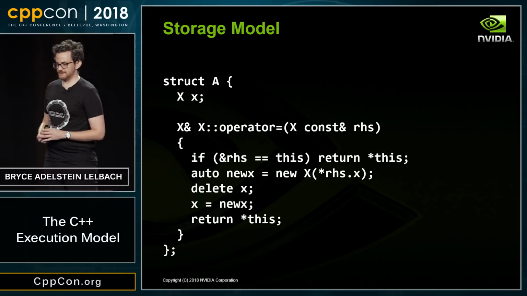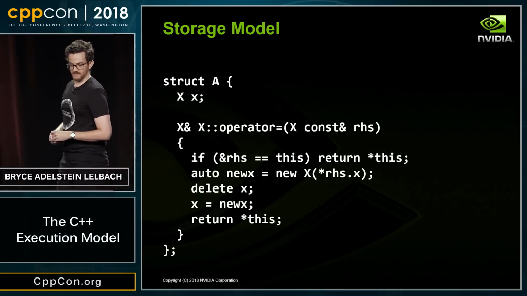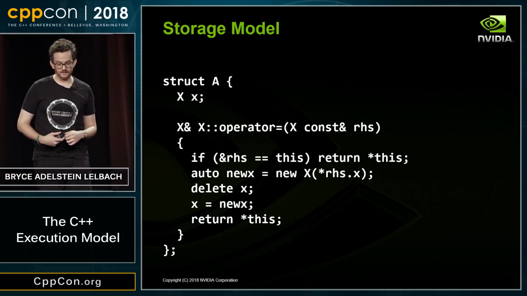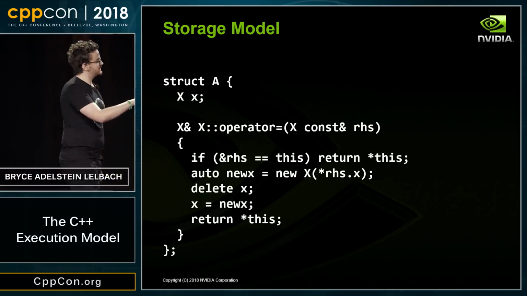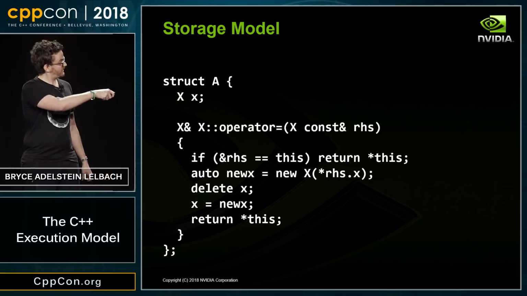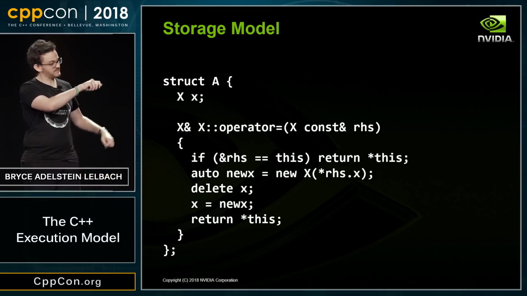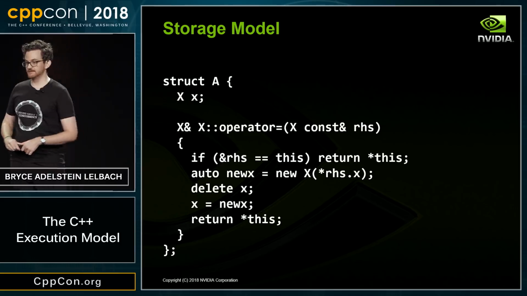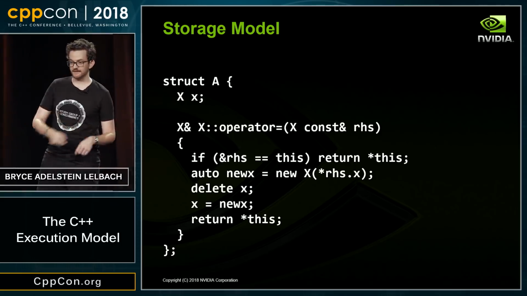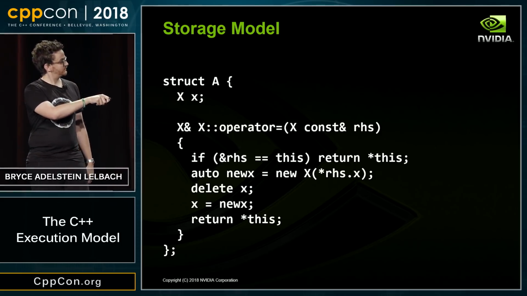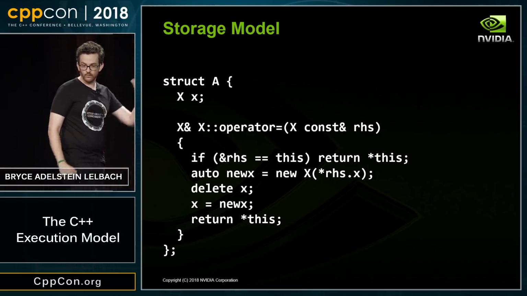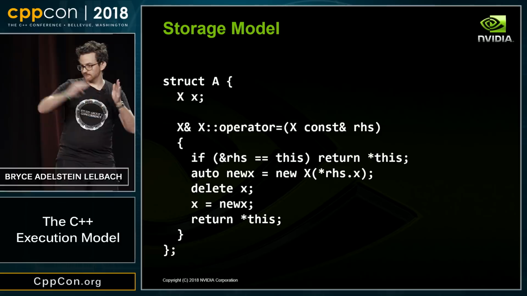So, let's consider this code right here. I have some sort of pointer-like class here, and I have an assignment operator. In this assignment operator, the first thing I do is check whether I'm doing a self-assignment. Because if I'm doing a self-assignment, I just want to give up and return *this, because the rest of this code will blow up my object. Well, if there were two different addresses that both pointed to this same object, then this check would return false, and I would go ahead here and blow up. So in C++, we have one address for one object.